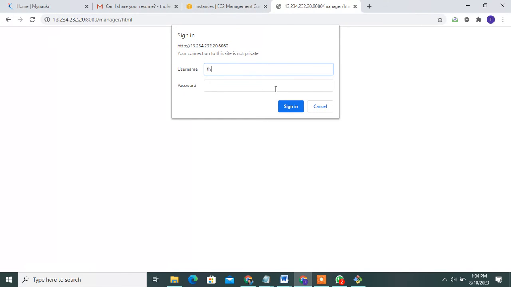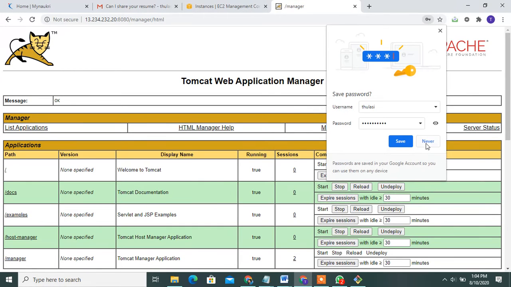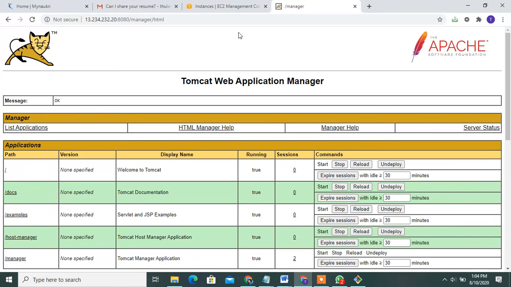Log in to my server. Then sign in. Yes, successfully opened, Tomcat server is running.